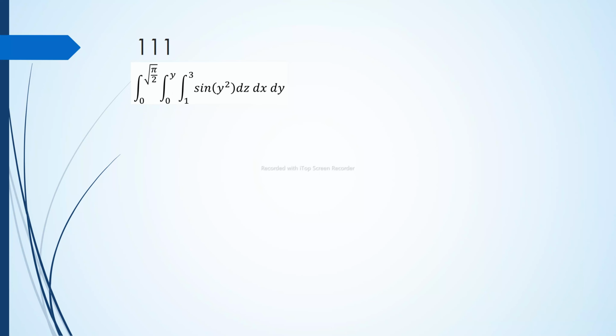Okay, let's proceed with our final example, which is a triple integral. So we have here, again, we start with the innermost integral and then work outward. The first one is that we just integrate this with respect to z. Since there is no z, we treat this as a constant. Then that is just equal to